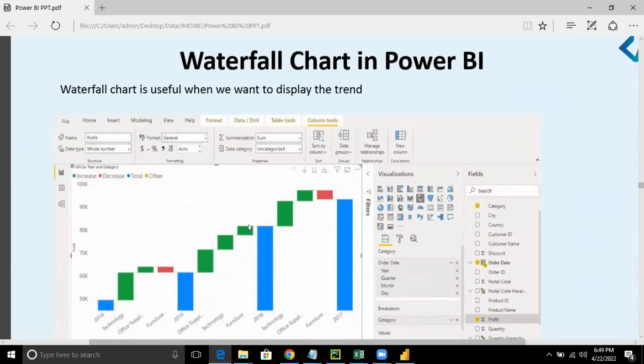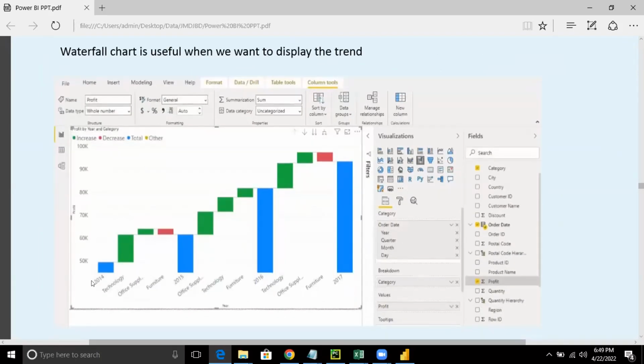Now, this waterfall chart is used to show you the trend. You know, in the year 2012, how were the sales? In the year 2014, the total sales were 50K, less than 50K. The technology went up to 60K. Office supplies, furniture. In 2015, what is the trend? In 2016, what is the trend? So that is the benefit of creating a waterfall chart. So in the waterfall chart, for analytical purposes, whenever you want to show the increment or decrement, or you want to show the sum up value, in those cases, you will use the waterfall chart.